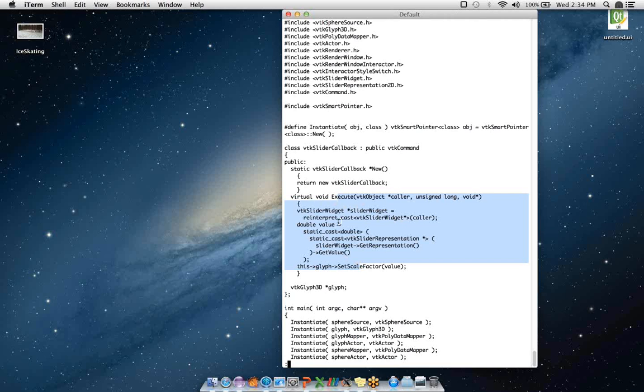So control will fall into this block here, and the first thing that the command will do is figure out who called it, and then it's going to do some processing. It's going to figure out from the slider representation from this widget where exactly it's set, call get value to figure out what the value is, and then it's going to set some member of a VTK class in the pipeline. It's going to change the glyph's scale factor,